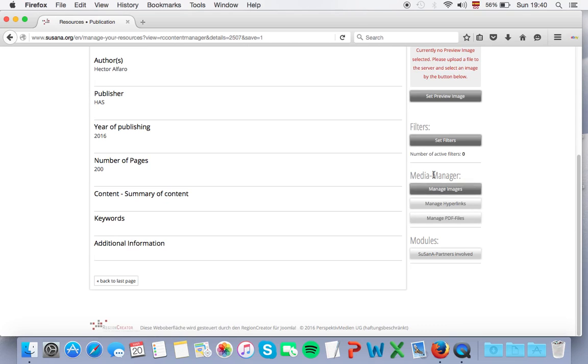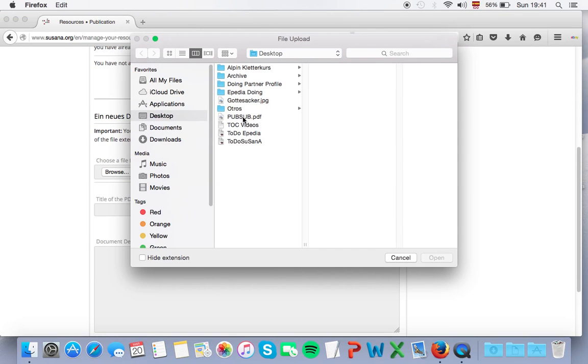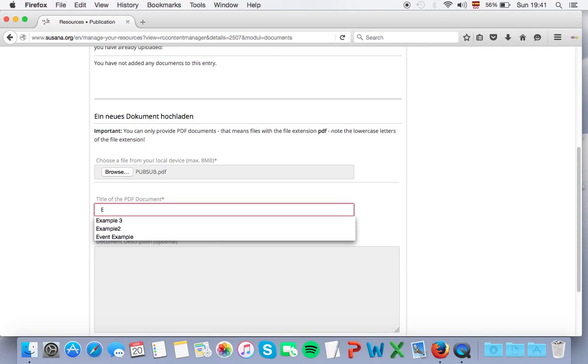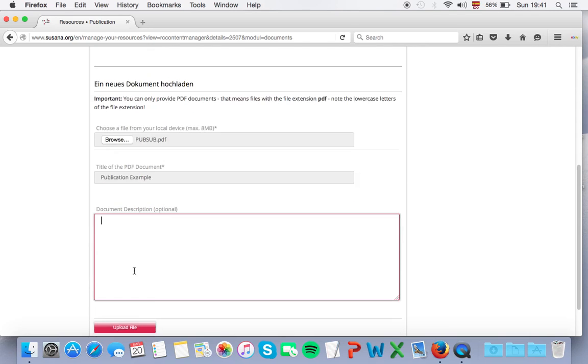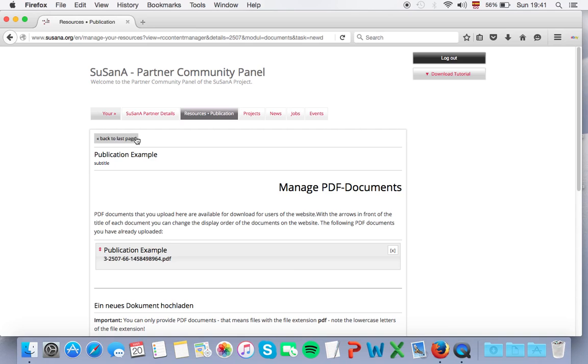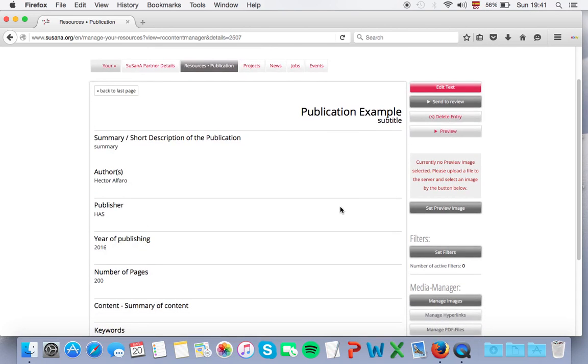So scroll down to the Media Manager and click on Manage PDF Files. And now browse your document from your computer or your hard drive and give it a name, and then upload the file. Okay, so go back to your entry, and once you made sure that your details are complete,